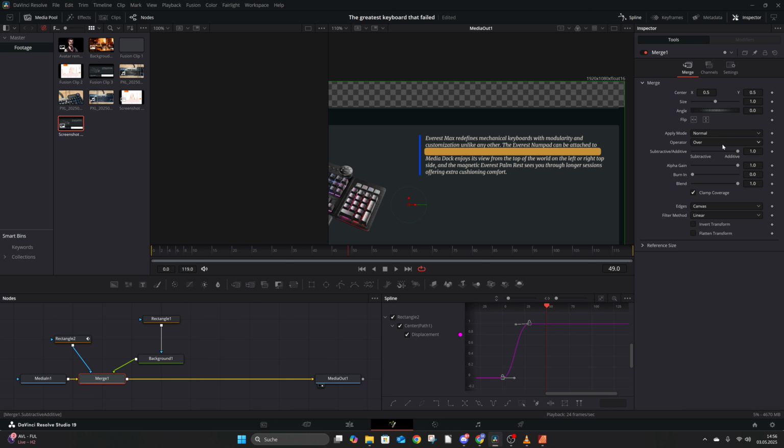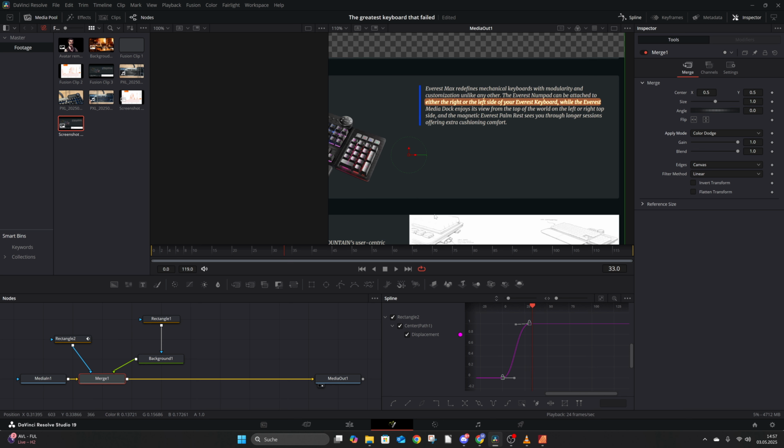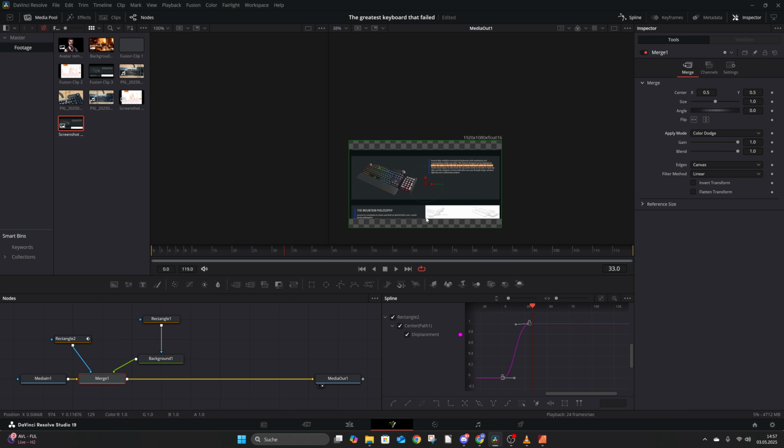So you go into the merge layer and simply go for the apply mode. And then we can just go through them. This. There are lots of ways to do this. So let's do this. This looks cool, but there are probably other ways to do this. I want this effect for this one. Yeah, this looks great. Now I could say we have finished, but this alone, it looks a little plain, to